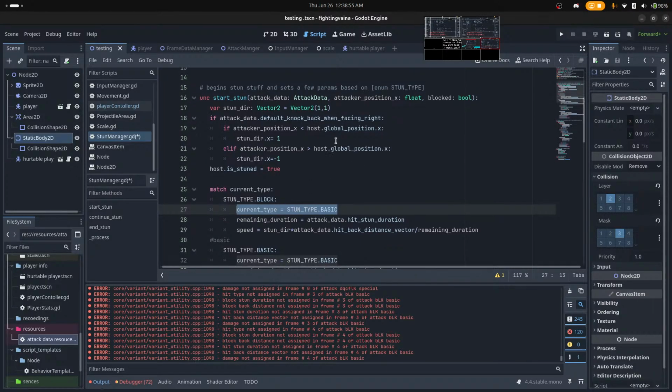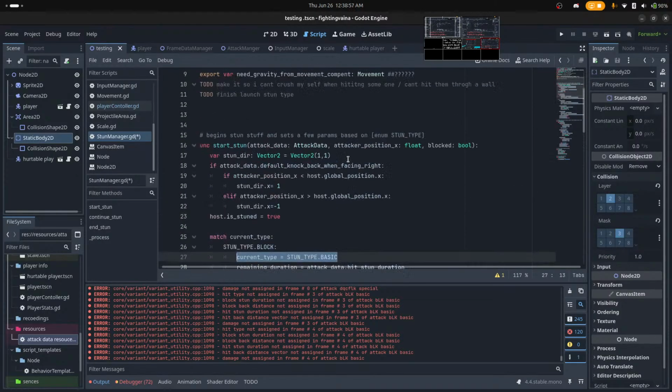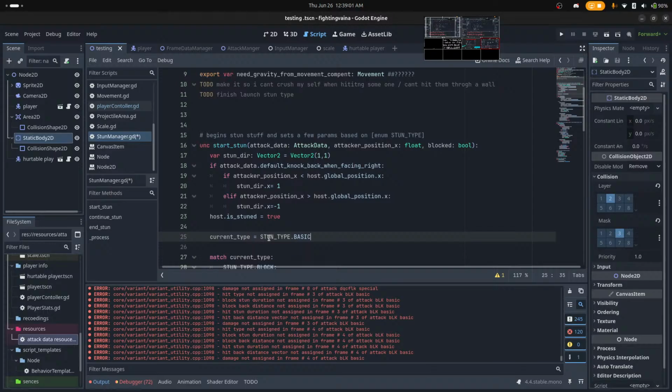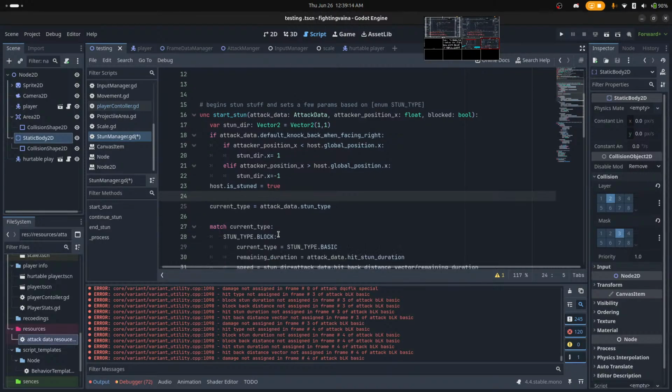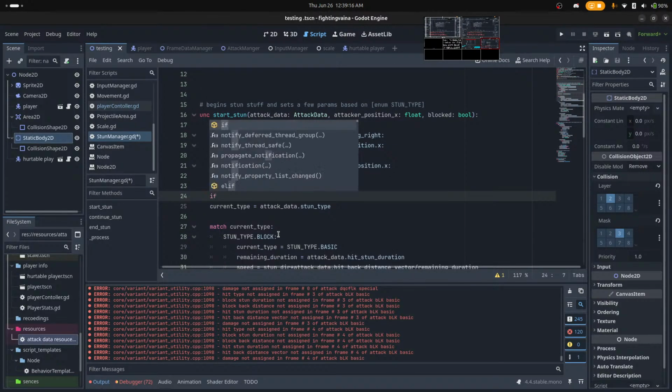So first off, I was stupid. Should just use current type equals attack dot stun type, but only if it's not blocked.